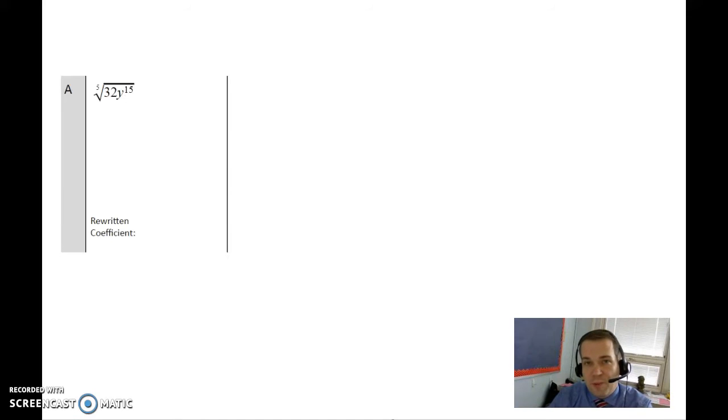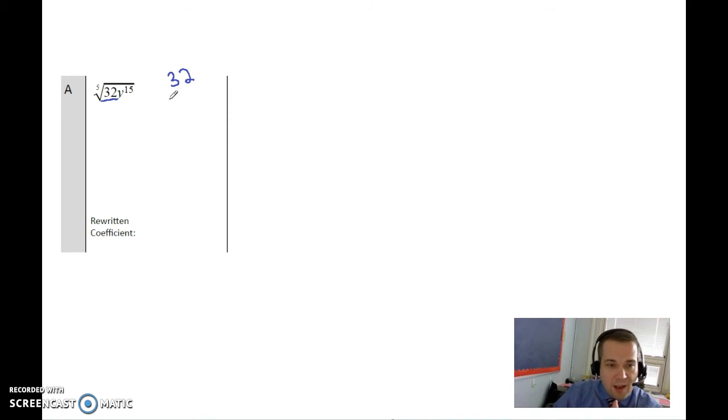We're looking at radical expressions now, this time with a variable underneath the radical as well. And when we have problems like this, it's often helpful to rewrite everything in terms of something to a power. So this coefficient of 32, it'll be nice to have that written as a bunch of numbers written to a power. And so we're going to pull back this idea that you maybe did in elementary school where we'll do